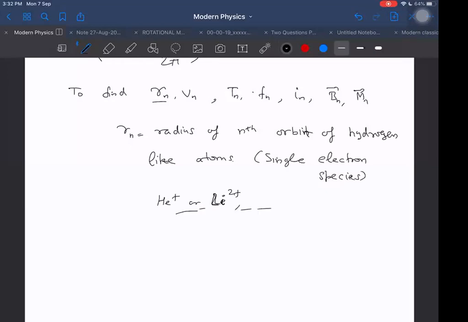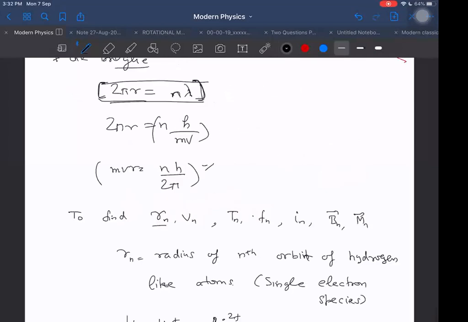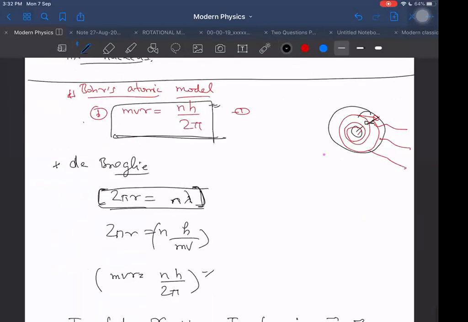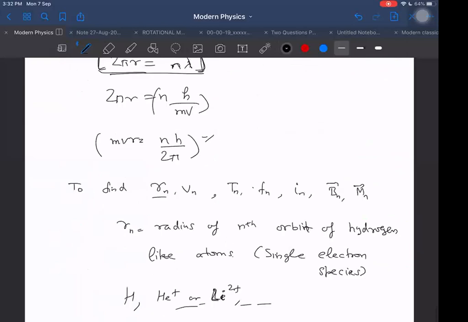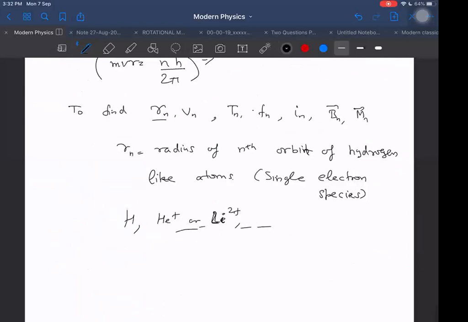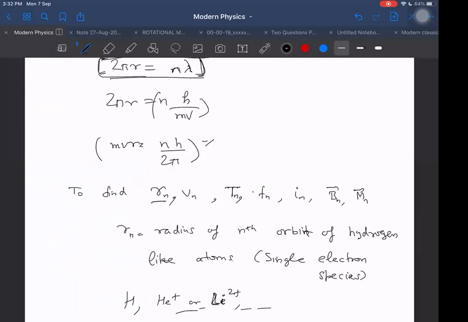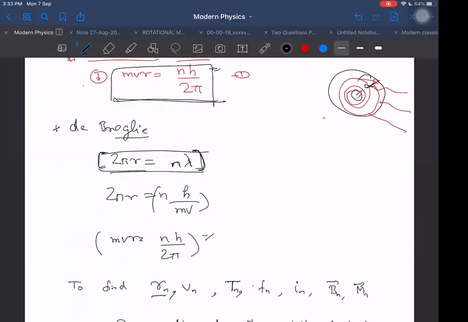This means the Bohr atomic model also failed in a way, because he was able to explain only single-electron species, but not multi-electron species. So there are better models than that. In reality, what Bohr said is also not true. Do you think that electrons really move in circular orbits only? No, it is not right. Electrons form clouds.